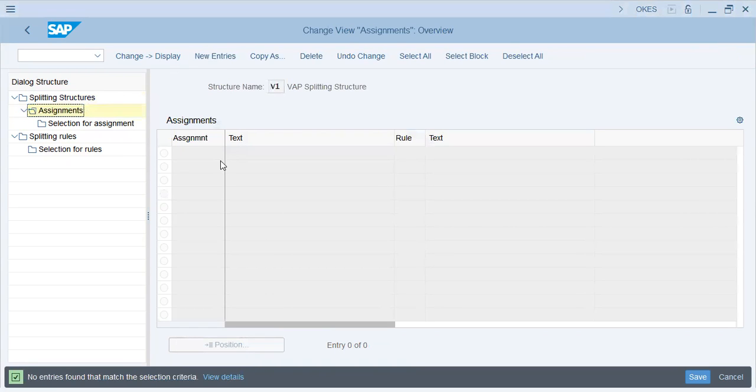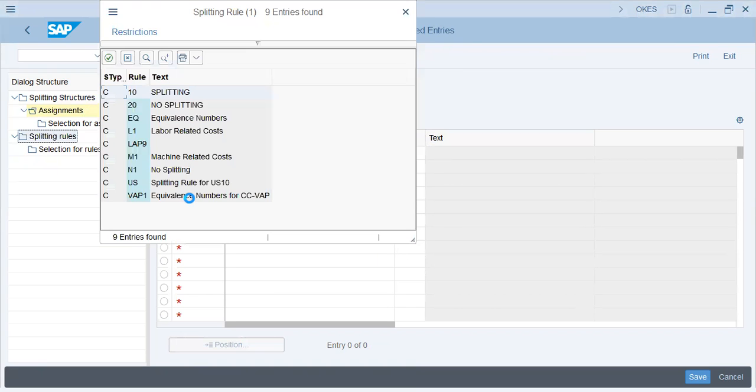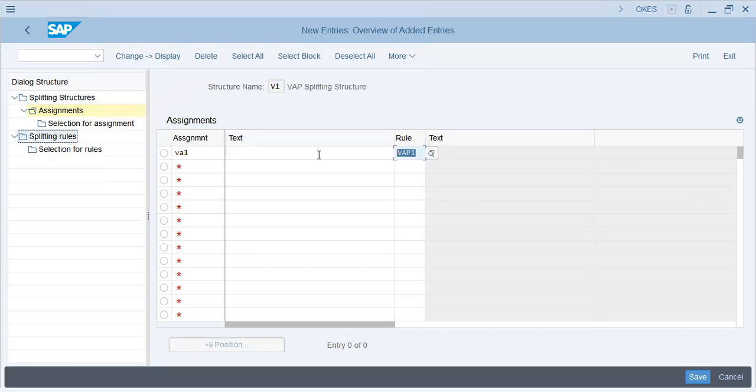Okay, V1 assignments. Assignment will be new entries. Assignment will be VA1 rule. Now the rule we made over here will be given over here. The rule was WAP1 based on the equivalence weightage 21, which is equivalence. The assignment will be given. Now, what is splitting structure? This might be confusing you right now, but